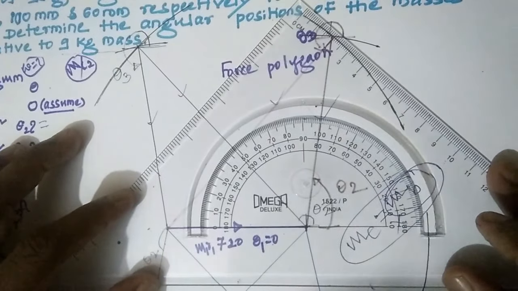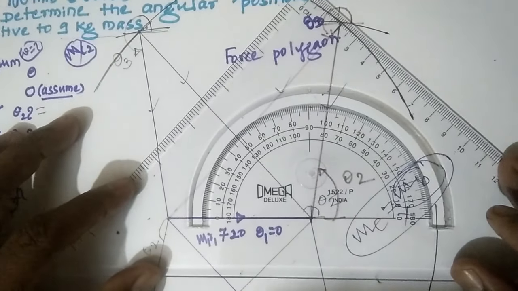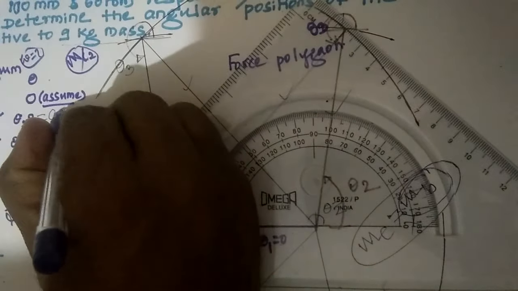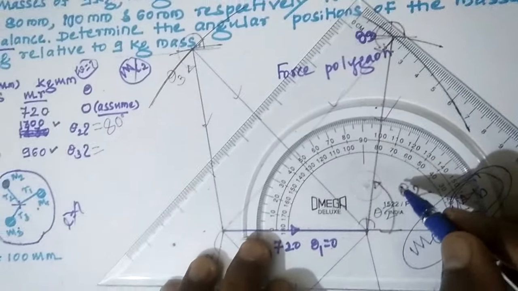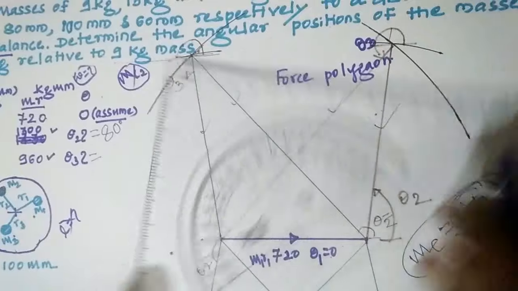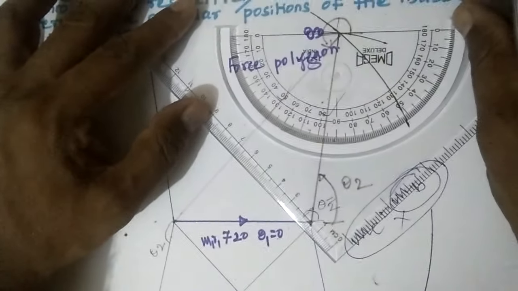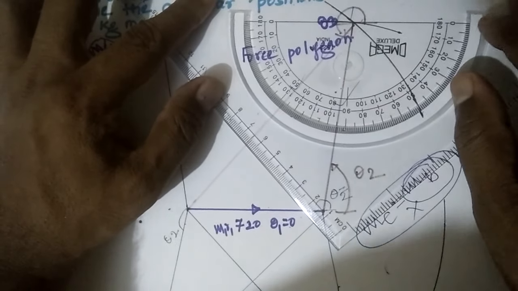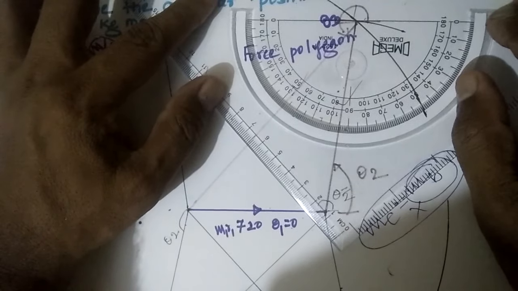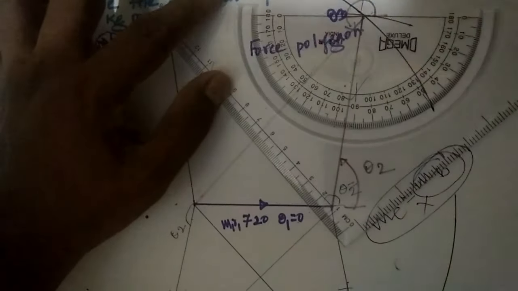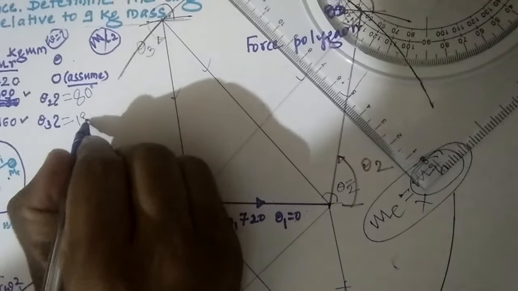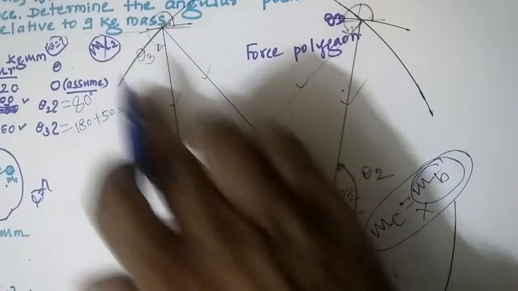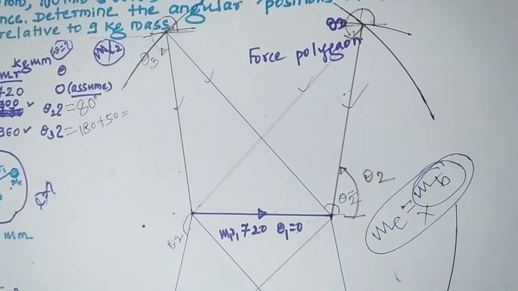Look at this one, if you are considering this one, this is 80, this comes as 80 degree using a protractor. Then we can measure this also from horizontal. You look at this one, this becomes 180, 180 plus 50. You have to add it, this is 180 plus 50, it comes as theta 3. Okay, here also you can measure in this way only, and you will get it this way.